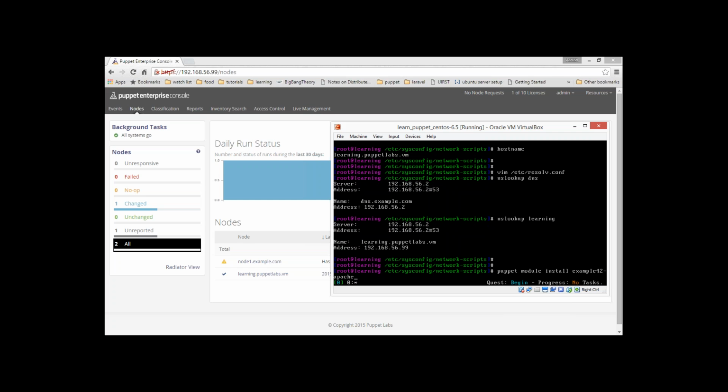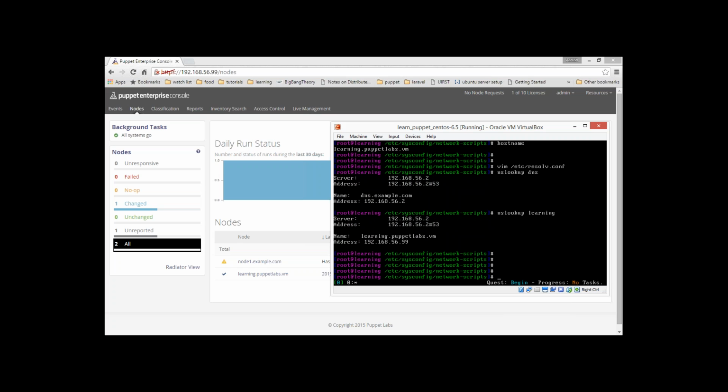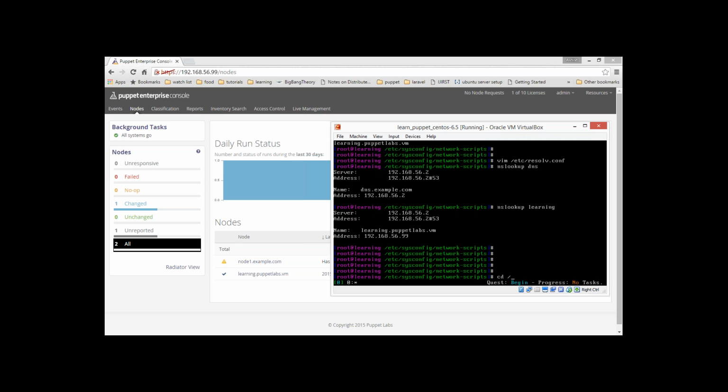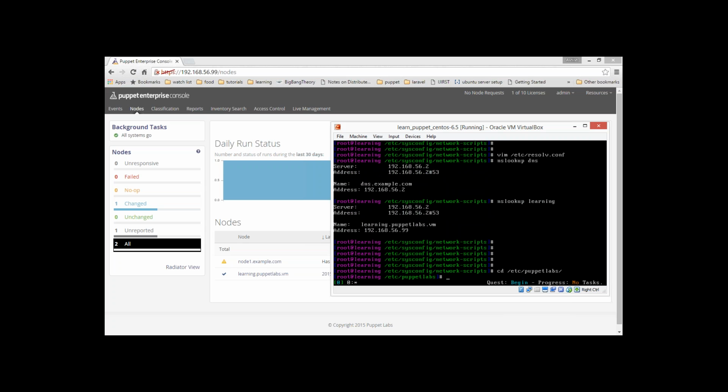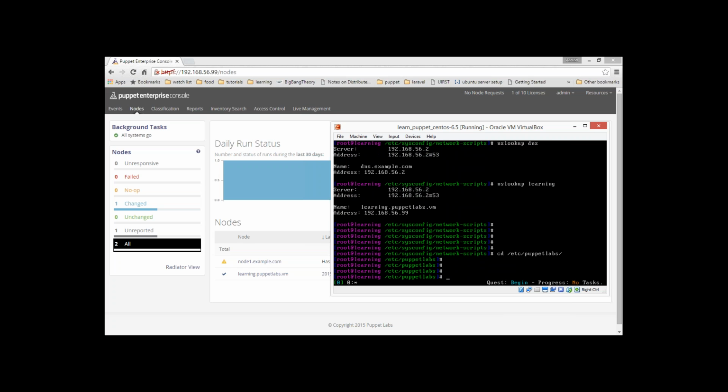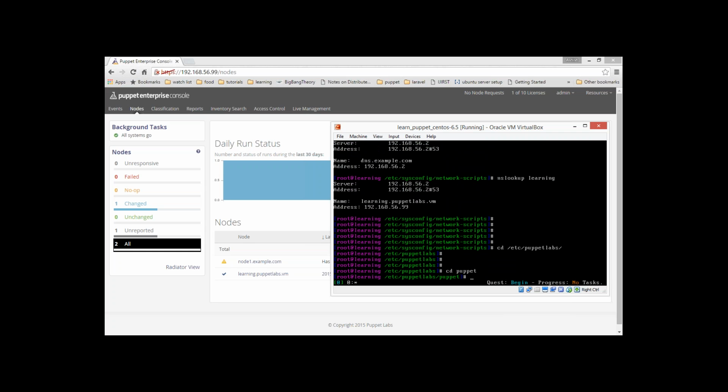But today our target is not to install the pre-provided module, but to write our own module, which is also generic, at the same time learning about the Puppet language. So let's do it. I wouldn't be installing the module here, but I would rather go to /etc/puppetlabs. I told you the path is going to be different. If you want to know it, you could take a note of it. In open source, the path is /etc/puppet. In here, the path is going to be /etc/puppetlabs, and inside puppetlabs, you'll be finding a subfolder called puppet. The reason for this change is